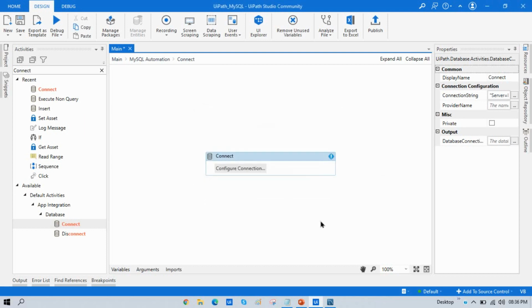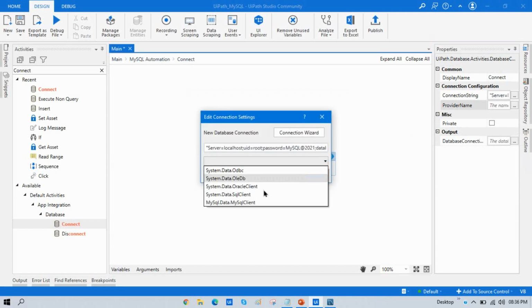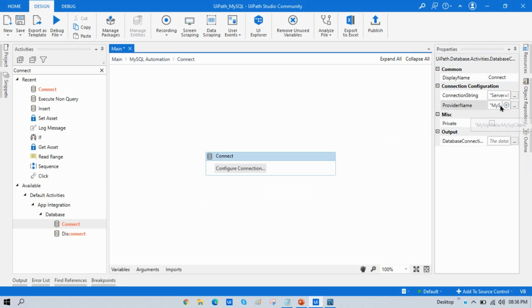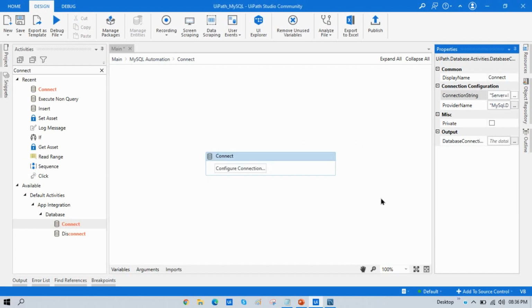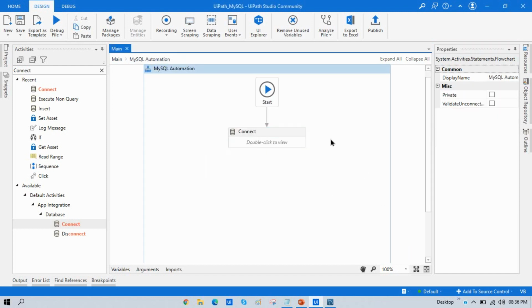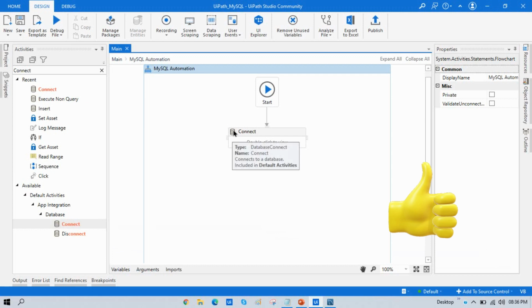Now press OK. Now we are done. We have added that. Here it is not showing, but what you can do is go here again and select that, and now this is added. You can see this is the provider name and this is the string name. Now click on run. You will see here we will not be getting any error. It means the connection is successful. We are not getting any error.